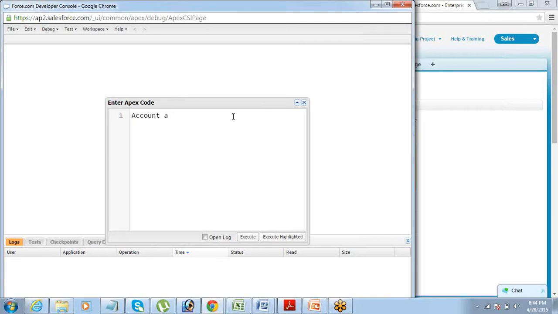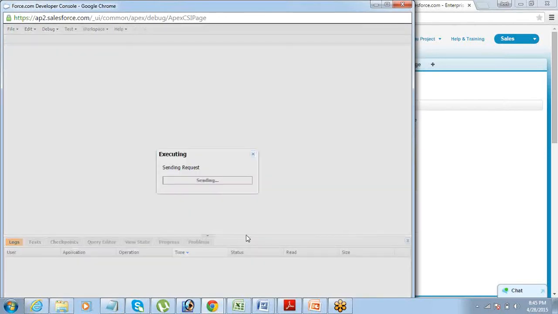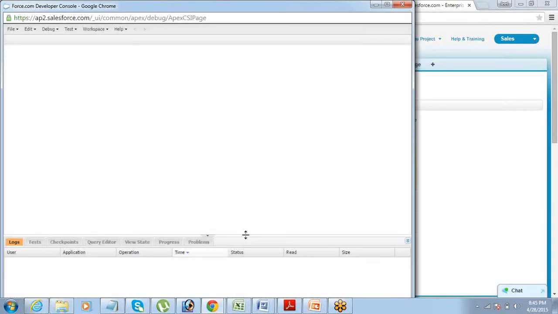Let's say Account a = new Account(); name equals ... insert a; You just write the code block here, execute it here, that's it. The code got executed. Success.